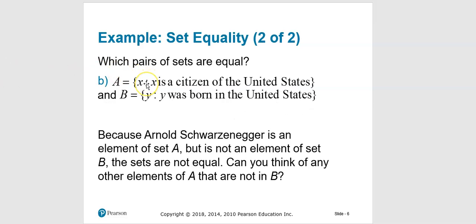What about this pair of sets? We're wondering, are they equal to each other? Set A is the set of all the citizens of the United States, and set B is the set of all the people born in the United States. Of course, the only way to be a citizen is not just to be born here. You can become a citizen by going through a naturalization process. So there are plenty of citizens of the United States who are not actually born here. So, of course, these are not equal. They would have different elements. Here we get the most natural